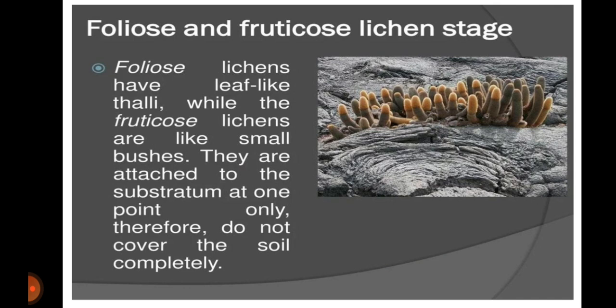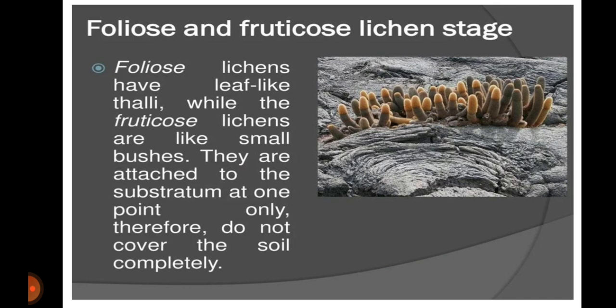So they appear on the substratum partially built up by the crustose lichens. Foliose lichen species such as Parmelia and Dermatocarpon begin to grow there. Foliose lichens have delicate, large leaf-like thallus which cover the rocks and overshadow the pre-existing crustose lichens and cause their gradual death and decay. In this way, more and more humus accumulates.